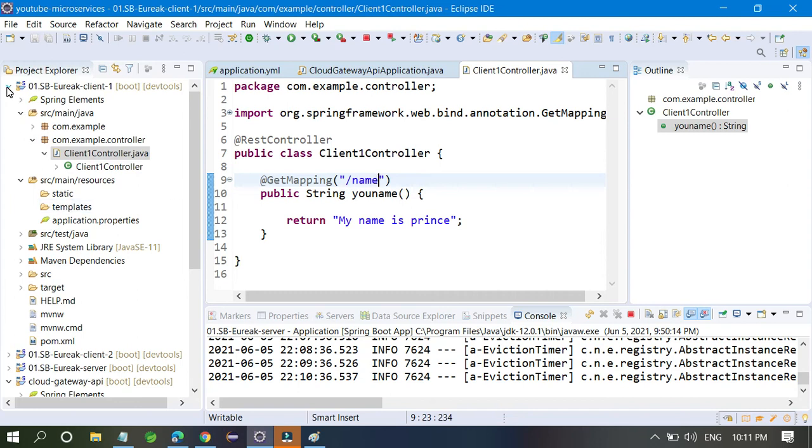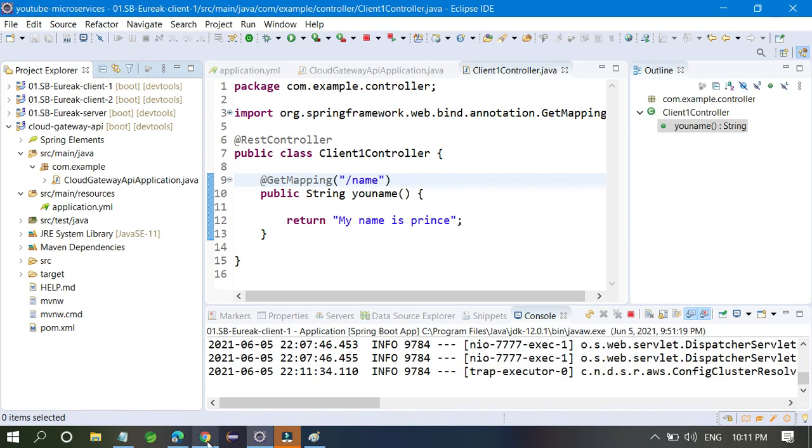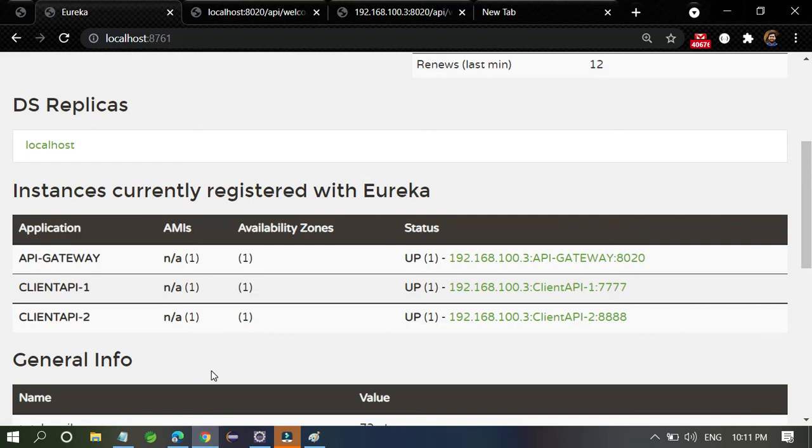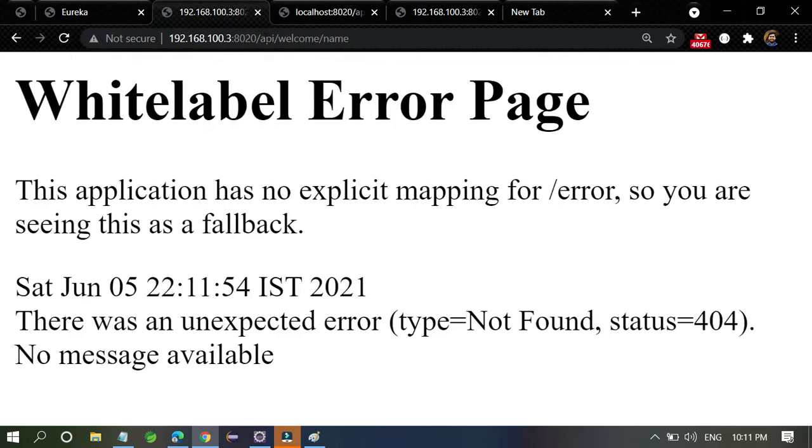Why is it giving a problem to me? This is not a problem, guys. What will happen here? So you have to construct your API gateways like that: API gateway, actuators, API slash welcome slash name.